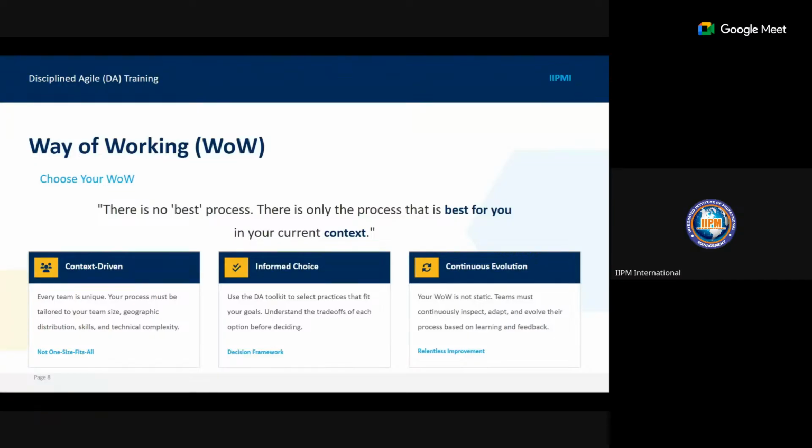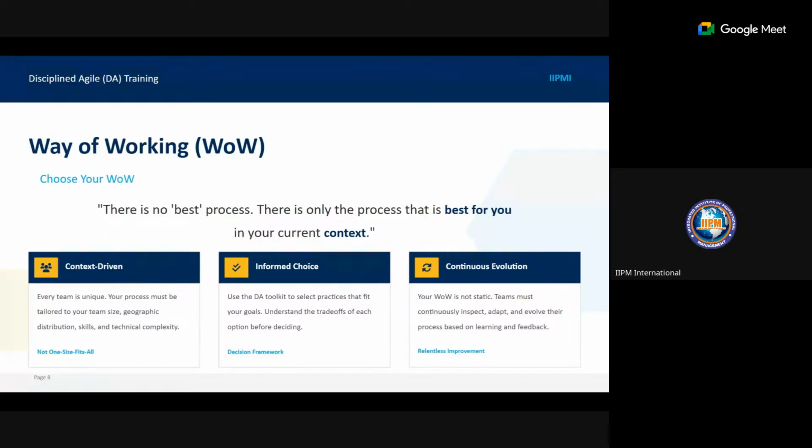By tailoring, we mean customizing the processes, the systems, the approaches for every given project to fit into that project or to fit into the service delivery or product development. Okay, so your way of work is context driven, and it has to be based on informed decision making, and there is continuous evolution. Remember, I kept hammering today that human behavior is dynamic, and that makes for the dynamic nature that we have in the world today.